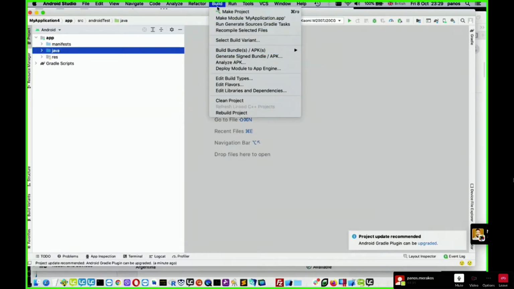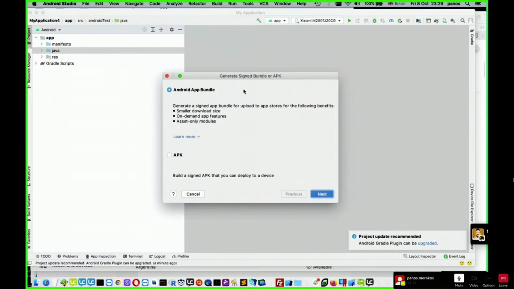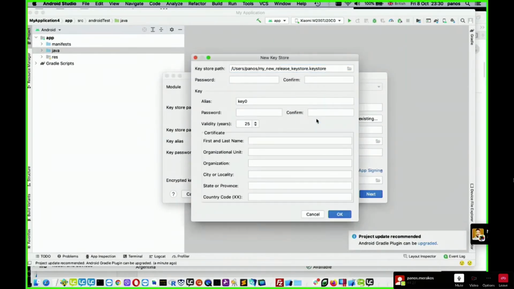Okay, so you go to the build option and then you choose generate signed bundle / APK. Then you can choose any of these two. It's of no importance. And then you have to click here, create a new key store. Here you choose the path where you want the .keystore file to be saved.